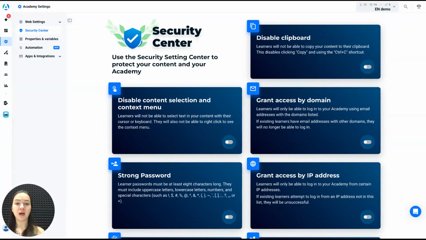Hello! In this video, I'll show you how to add an extra layer of protection to your PDF files using